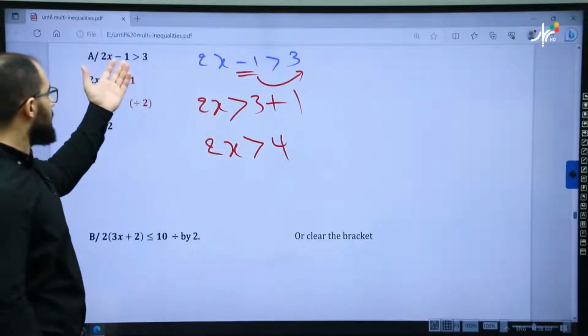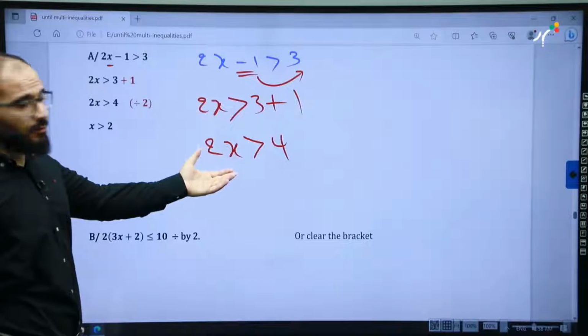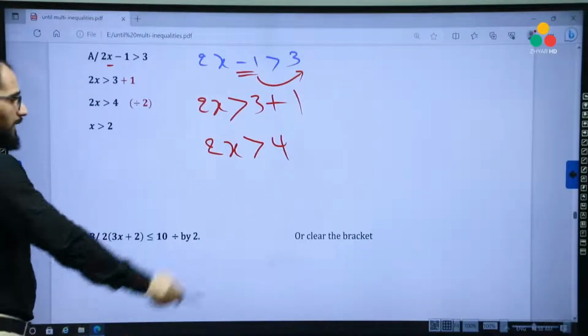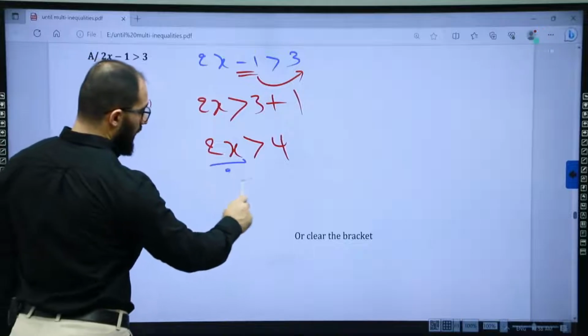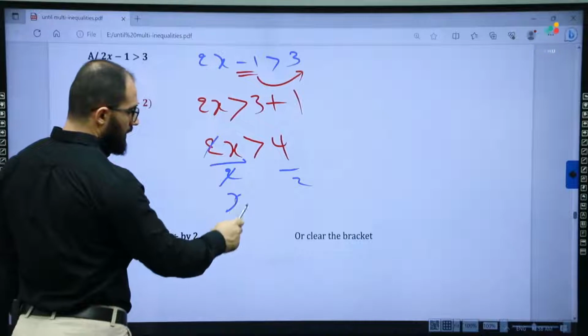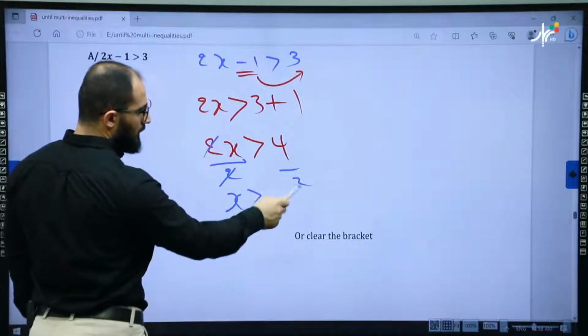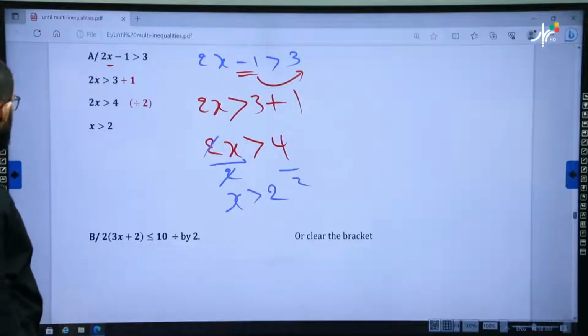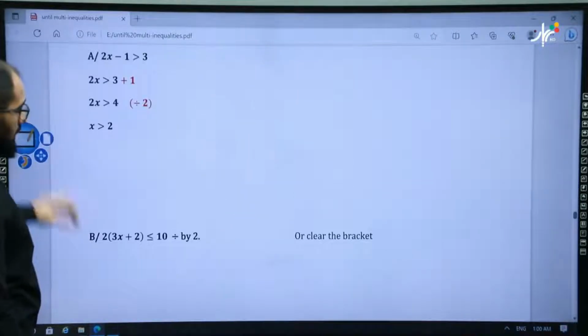So we did the first step. The second step, we have a multiplication equation. Because x is multiplied by 2, we are going to divide it by 2. 2 and 2 cancel, x greater than 4 divided by 2, x greater than 2. This is the first example. Second example,